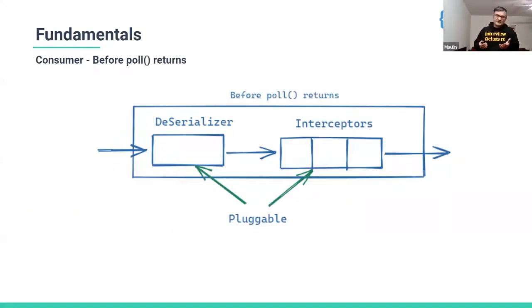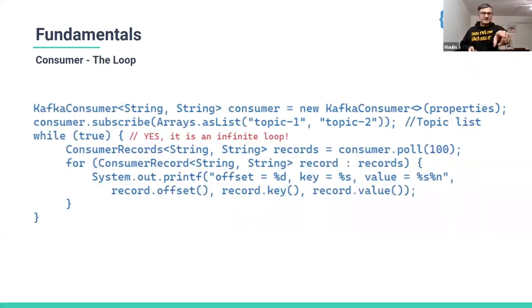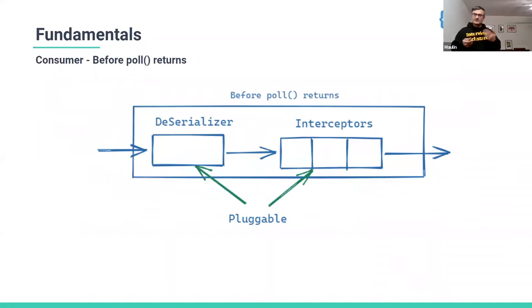And just like the producer, what happens as soon as you call poll and it gets the data from the broker is to deserialize it and then invoke the interceptors. You can observe that in the producer, interceptors were first, and in the consumer the sequence is reversed, where deserialization happens and then interception. And then, after these things, it will return the data, which is the consumer records line here, as the return of the poll method. And then you can process your messages.